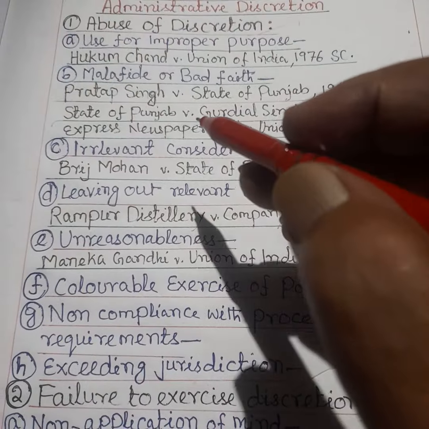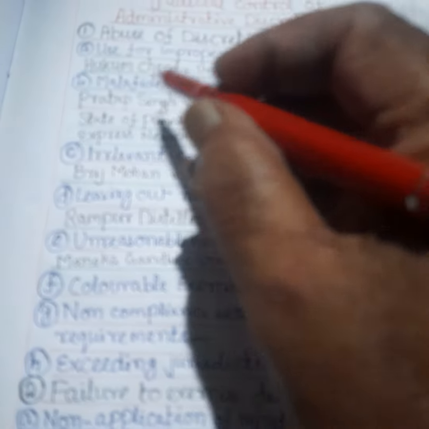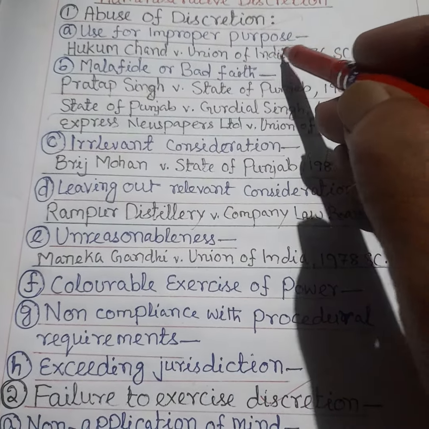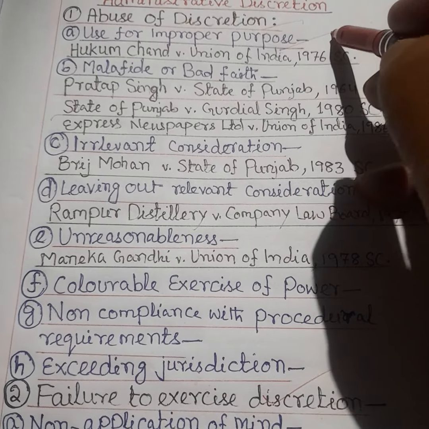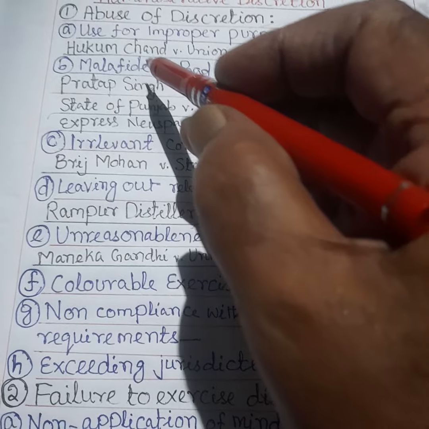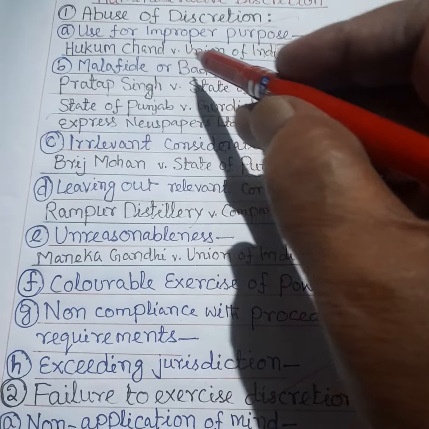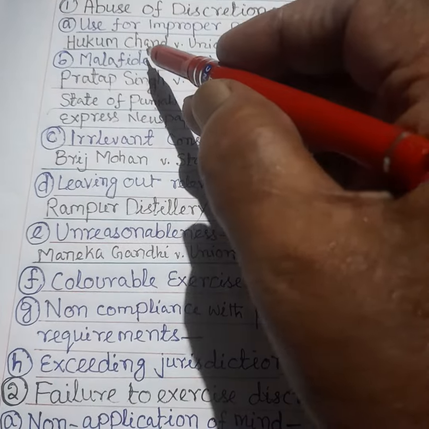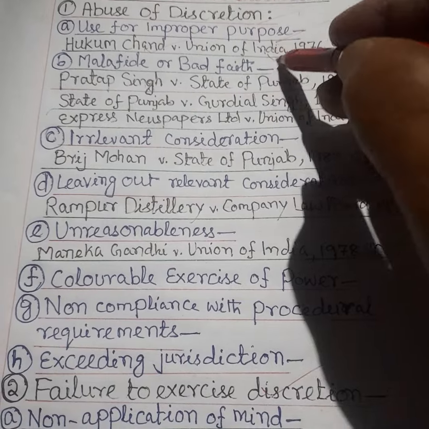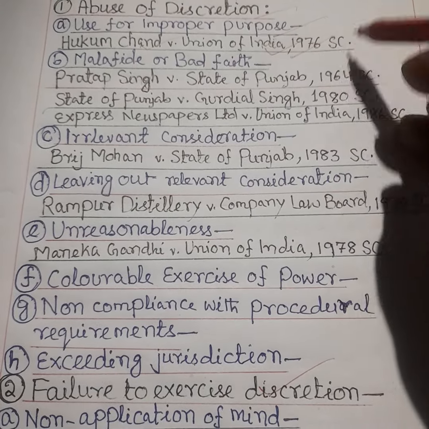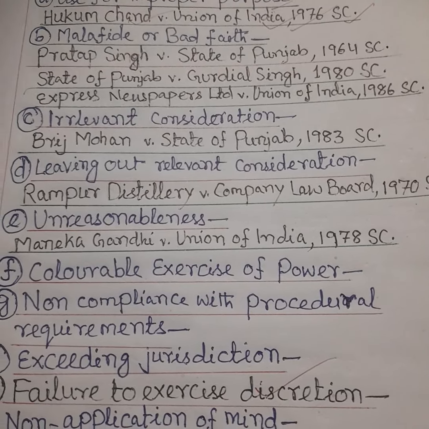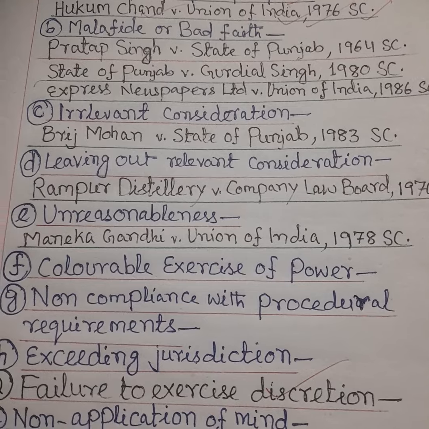abuse of power falls under several heads. One is use of improper purposes. So, in a decided case, we'll discuss the use of improper purpose. That is the leading case, Hukum Chand versus Union of India in 1976, decided by the Supreme Court. So, regarding the use for improper